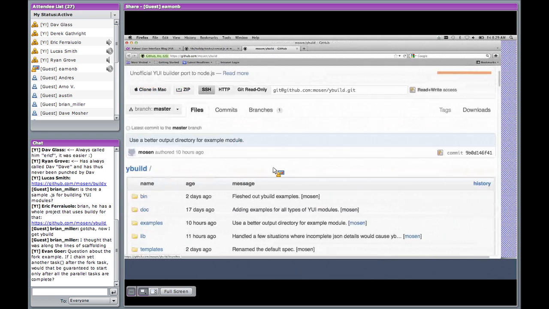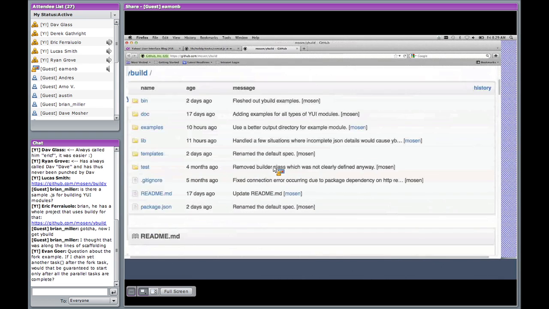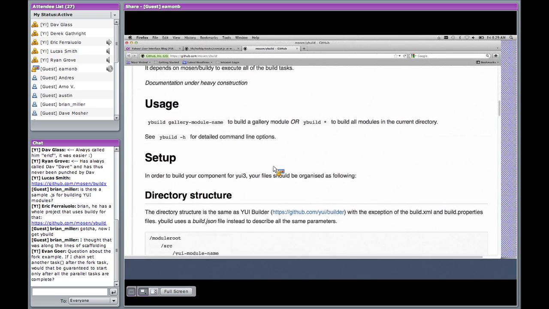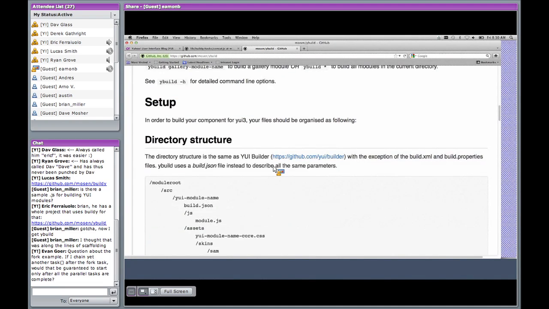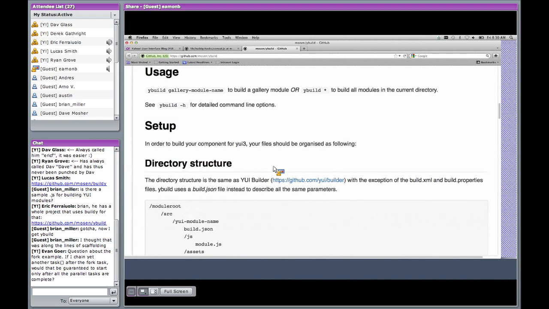Should probably talk about that a tiny bit, although there's not a lot to show. ybuild is basically a command line utility, which acts the same as the YUI Builder. It doesn't have a lot of options. As per everyone's recommendation, it doesn't have a lot of output either.